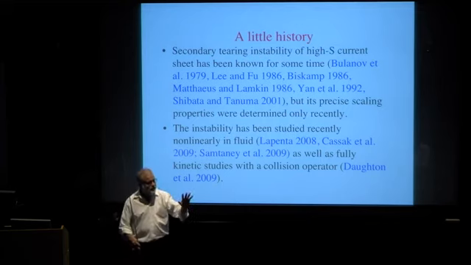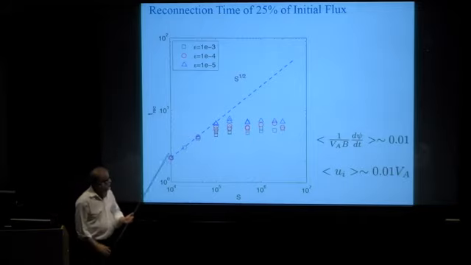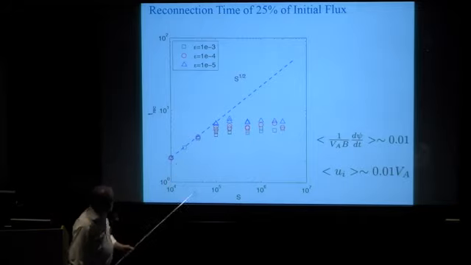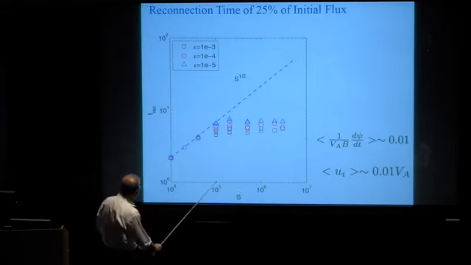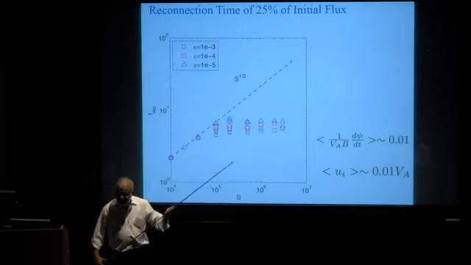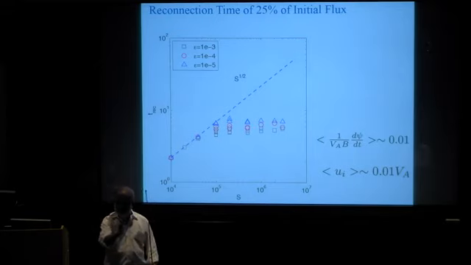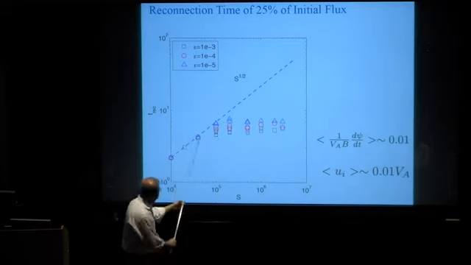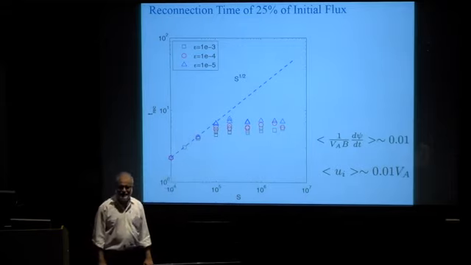No matter what the level of collisionality in the system, you have this reconnection rate, and this is from our paper. If you calculate the reconnection rate, what happens is that up to 10 to the power 5 or so, the time of reconnection goes up as S to the half, as predicted by the Sweet-Parker theory. But once you cross 10 to the power 4 or 10 to the power 5 or whatever, you get into a new regime where the reconnection rate becomes independent of resistivity.